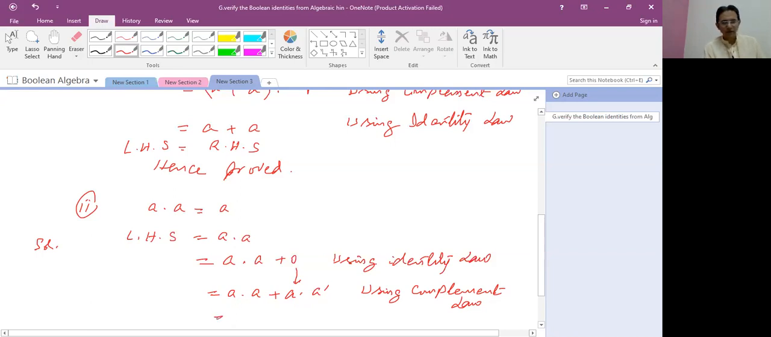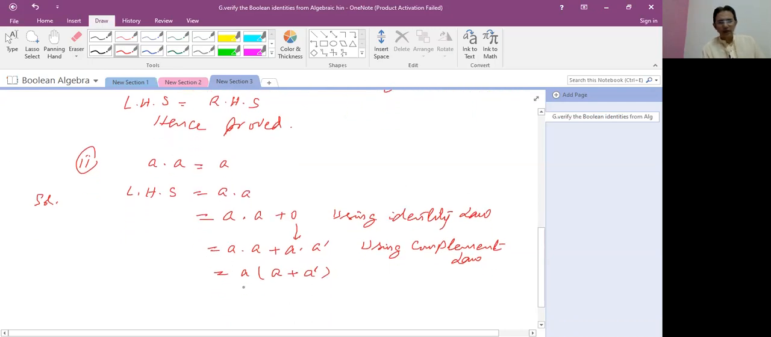In the next step, student, if we take A common from both terms, we get A dot A plus A complement. As you know very well, student, what is A plus A complement? If we apply the distributive law here, using distributive law,